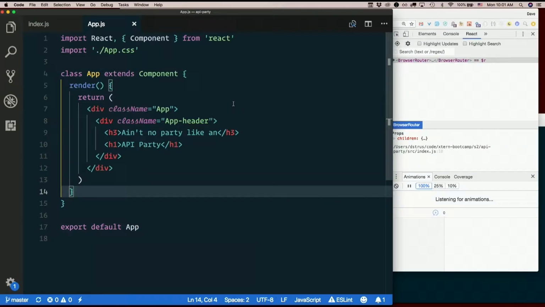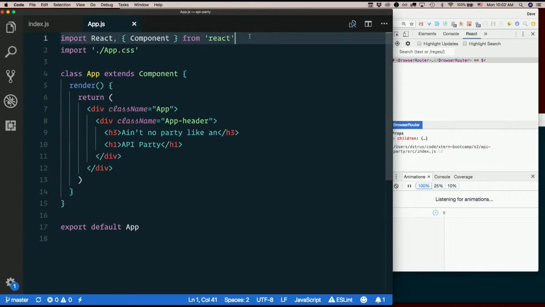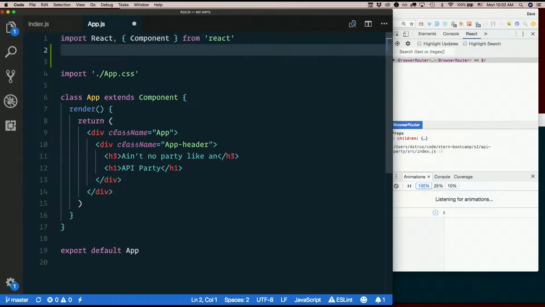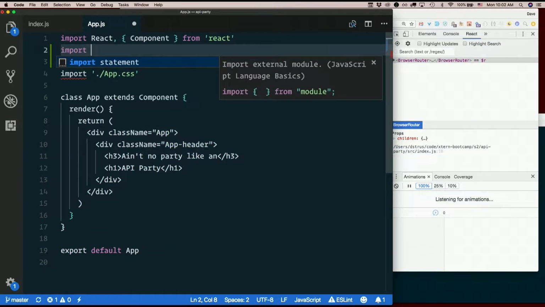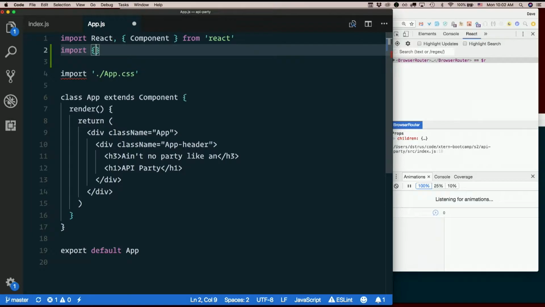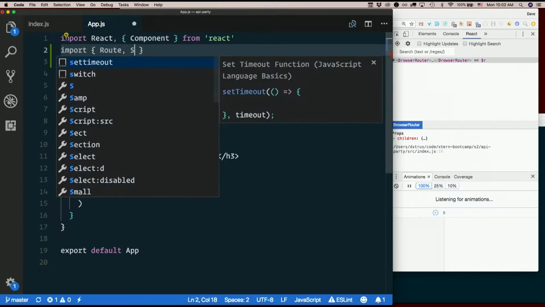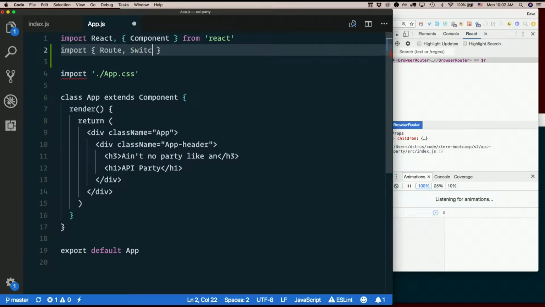Use React Router. Let's start very simple. We'll just make a route, and we'll make a link to that route. To make that happen, we need to import some stuff. We'll import Route, because we need to make a route. We'll go ahead and import Switch, and we'll import NavLink